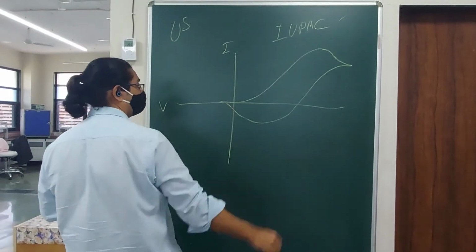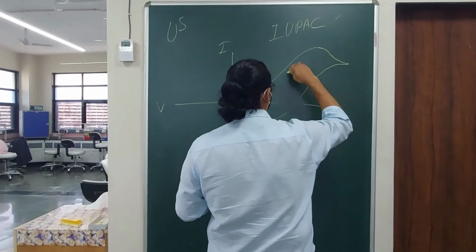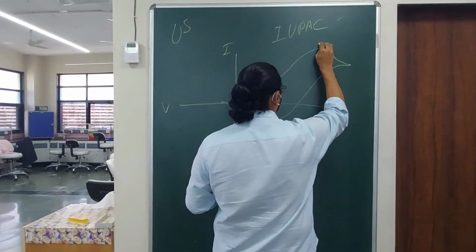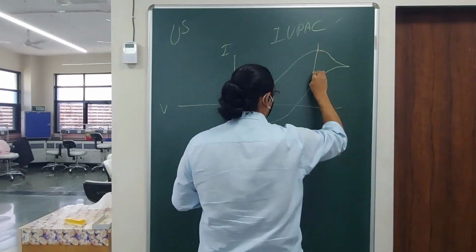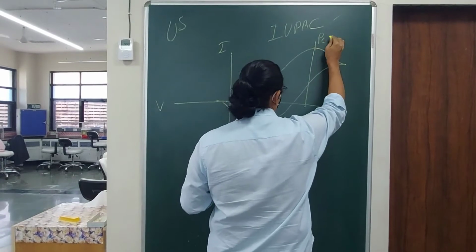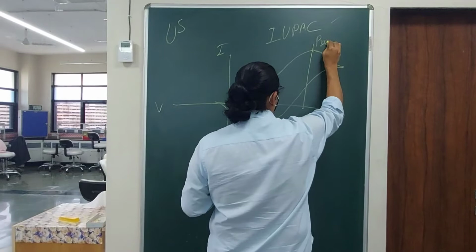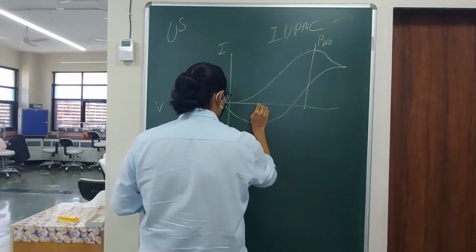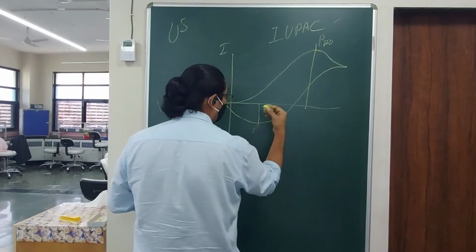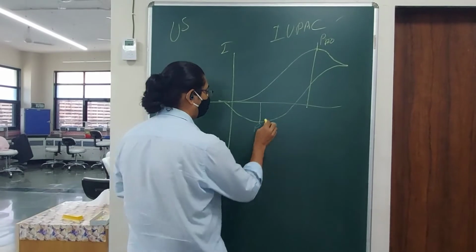Something like this, right? That's the anodic part, because the oxidation is happening over there. Let's say that's the peak maxima. We call it the peak anodic, and it is oxidation happening. And this is your peak cathodic, so reduction is happening, right?